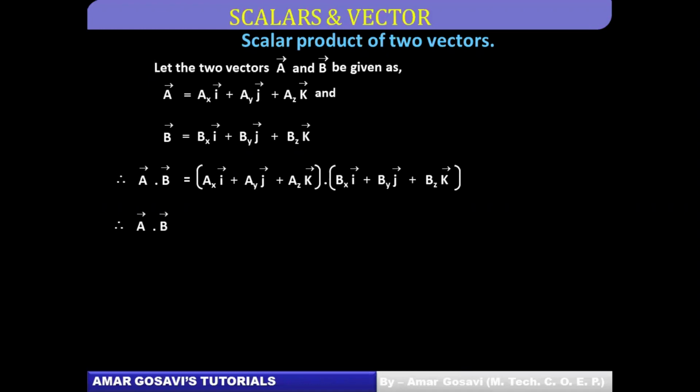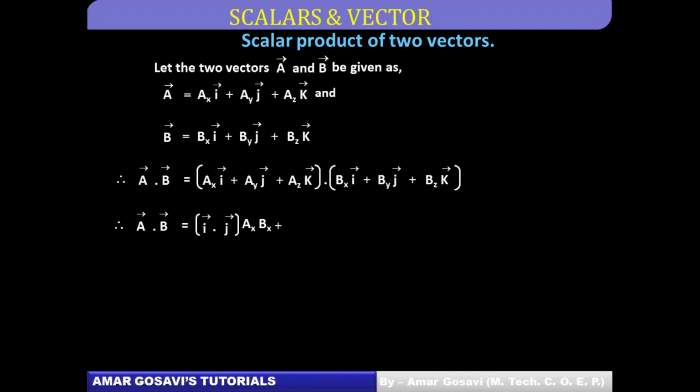Now, friends, so a bar dot b bar in that case, the first term is you can see i cap dot j cap. Okay, because if I'm multiplying AX with BX, then it should be i cap dot i cap, right? Isn't it? It should be i cap dot i cap, AXBX. So you have to make that correction. Okay, here instead of j cap, it should be i cap dot i cap. Okay, that correction has to be made. And then after that bracket, you can put AXBX, the first term, plus second term.